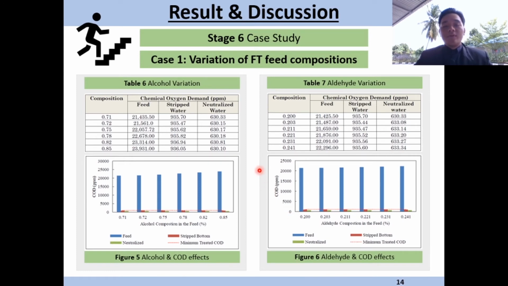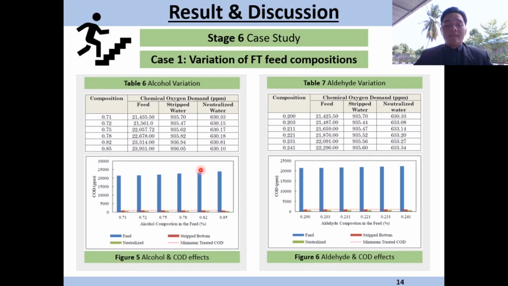So after the model validations, the research focused on the case study, which is the heart of this research. It's divided into two cases, which is the variation of Fischer Tropsch feed composition as case 1. So alcohol has been varied from the compositions 0.71 to 0.85%. It shows that significant changes in the alcohol